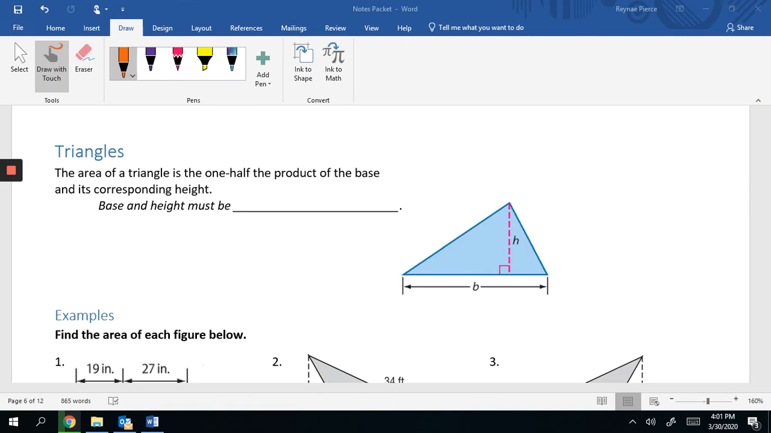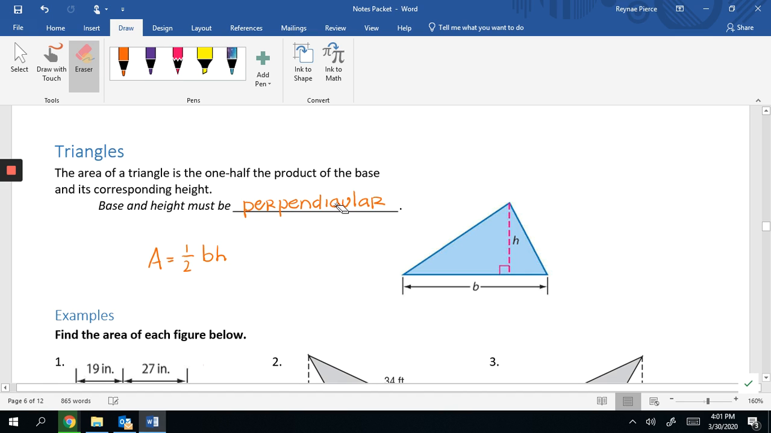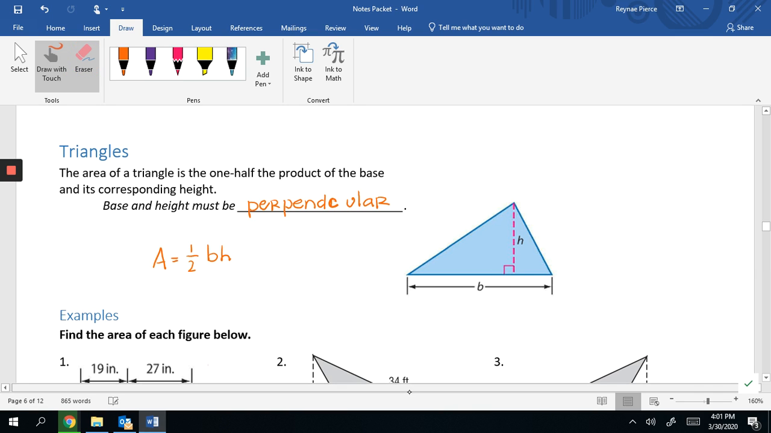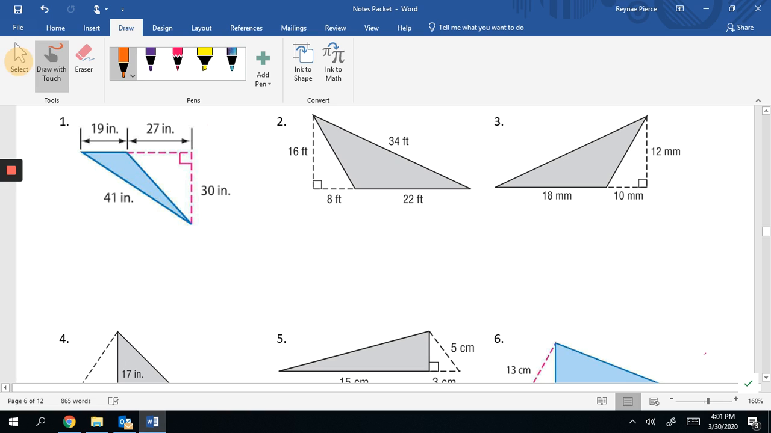We're finding the area of triangles. Find the base and the height of the triangle. All right, so examples. Example 1,